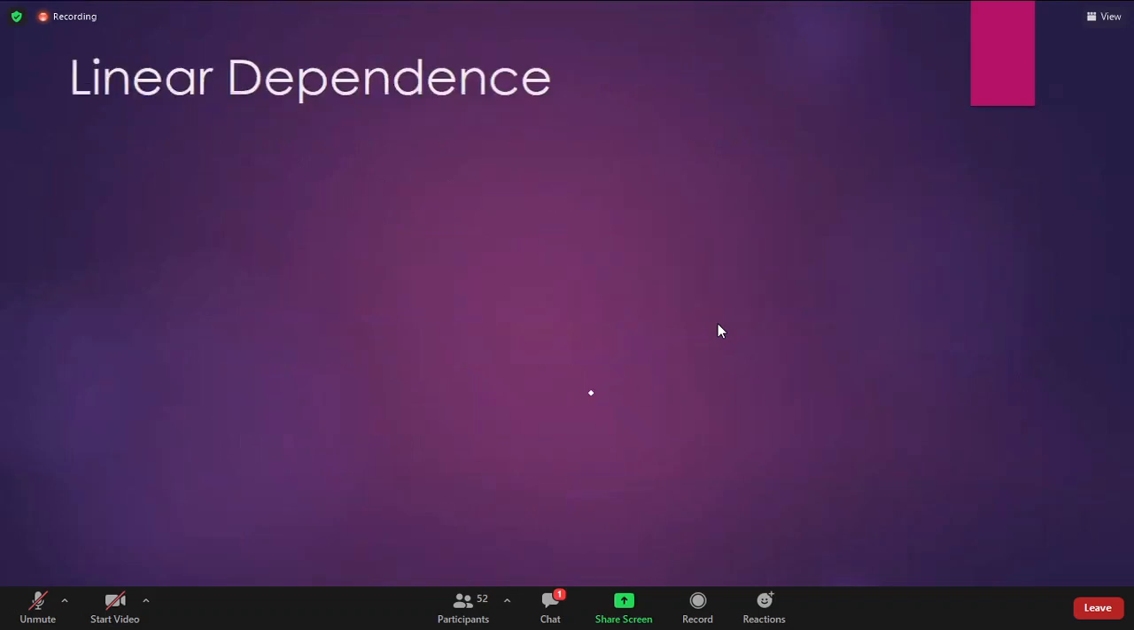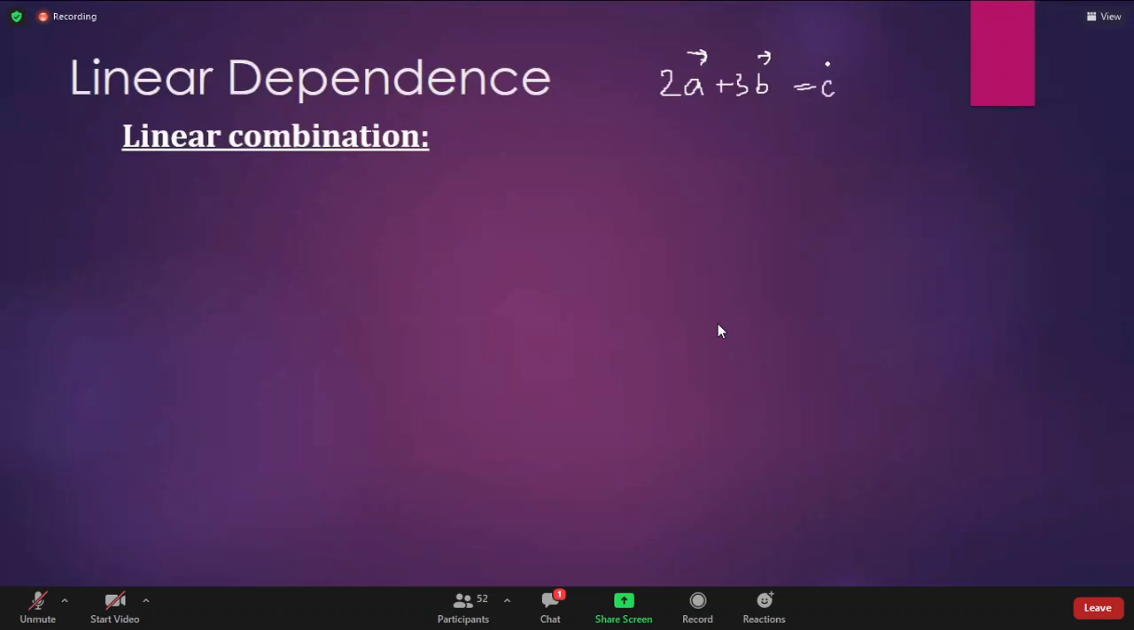Now, the final idea for today, before we start some exercises, linear dependence. Linear dependence of vectors is connected to the idea of linear combination, which should be somewhat familiar to you. For example, if we have two vectors, A and B, then a linear combination of these two vectors could be a new vector. For example, 2A plus 3B is a new vector C, and we say C is a linear combination of A and B. We can find some numbers,